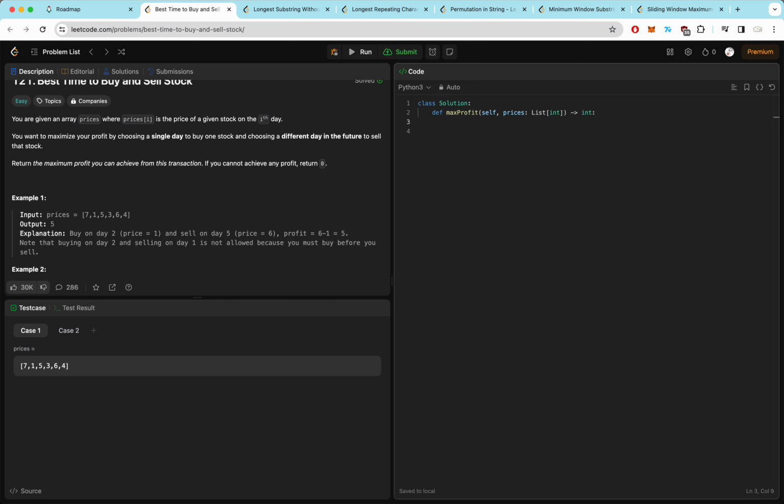So here let's write some variables. The answer is 0, so we assume we can't make any profit at the start, and min price equals prices[0]. So min price is something we're going to track as we iterate through the array. So for price in prices,